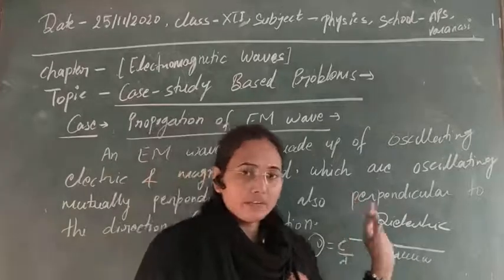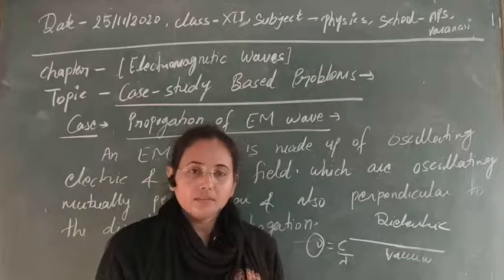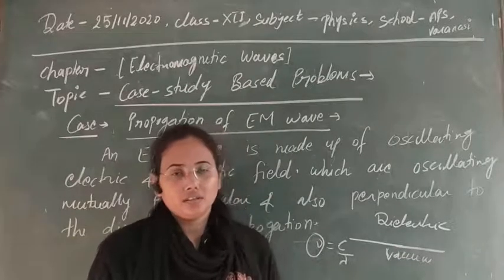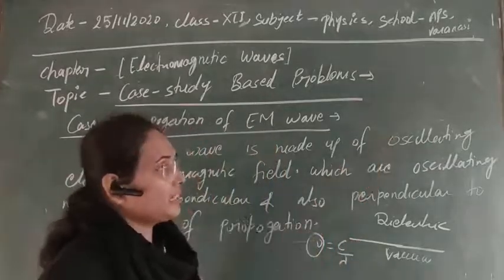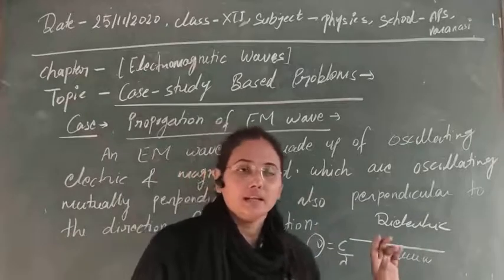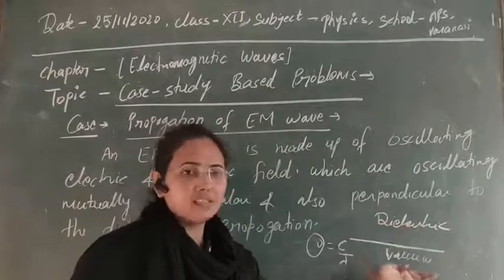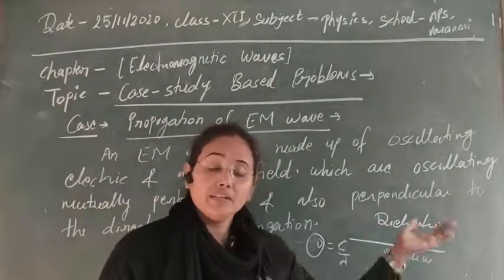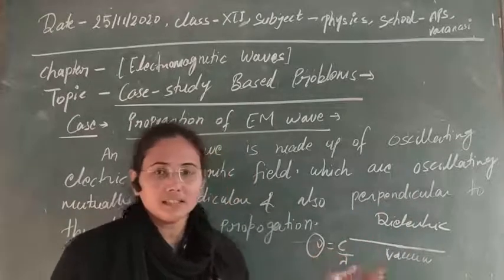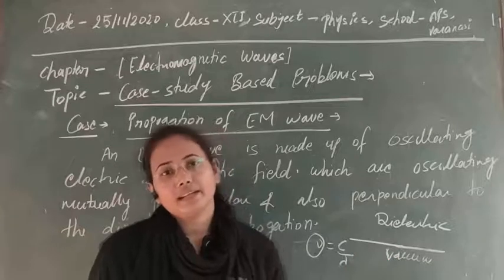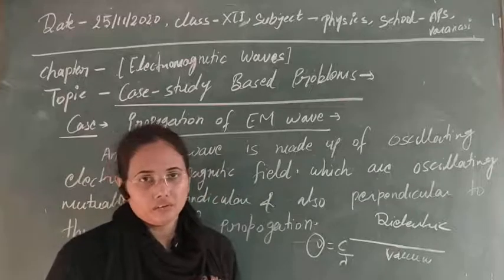But if I ask again whether the direction will change or not, the direction of the electromagnetic wave can also change. Obviously, if it is going from a denser to a rarer medium, its direction can change. If it is going from a rarer to a denser medium, its direction can change. If its velocity is changing, its refractive index is changing, then the direction will also change. Either it can diverge from or converge to the normal. So obviously it can change.